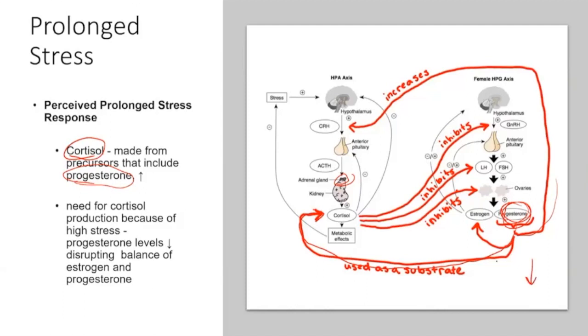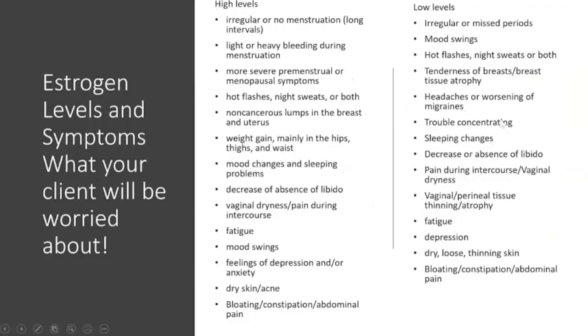Estrogen is still there, but it's starting to come down too, just not as fast as progesterone. And then eventually it will come down because we're inhibiting at all of these different places where all of the sex hormones are made. And so prolonged stress over time can be a real problem for having a healthy balance of the hormones that we need in our reproductive years.